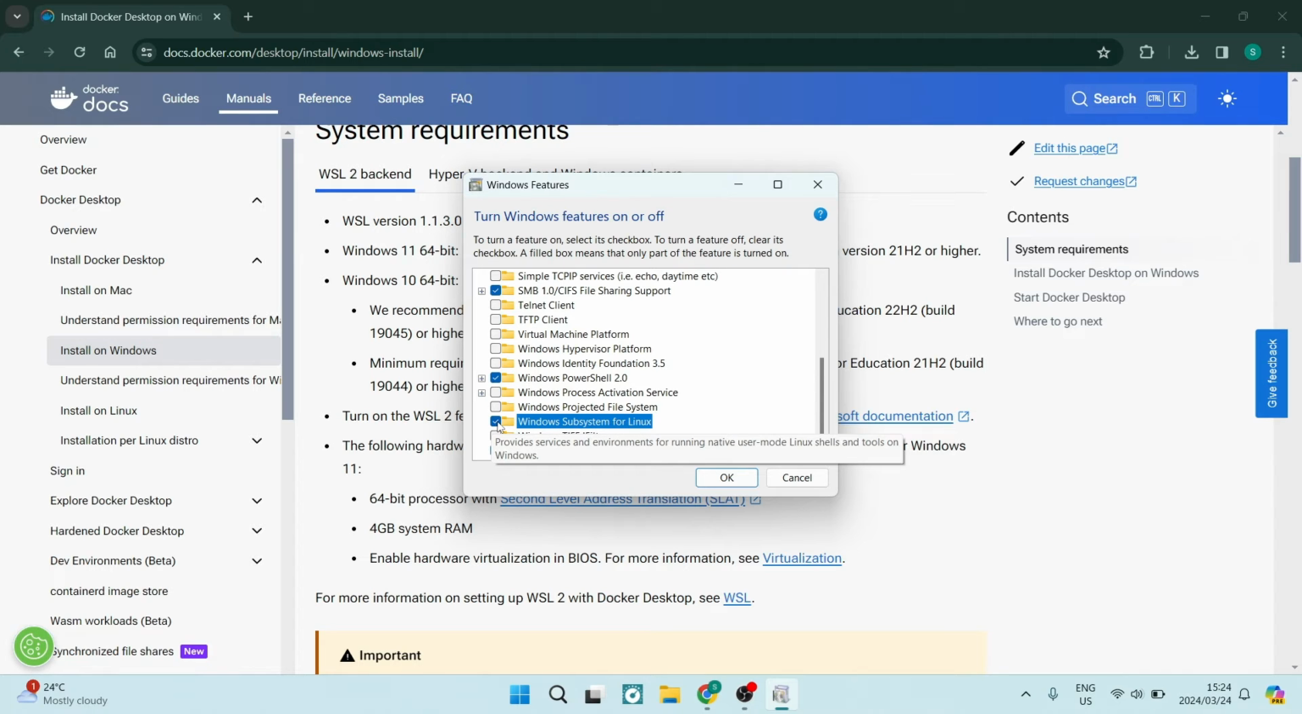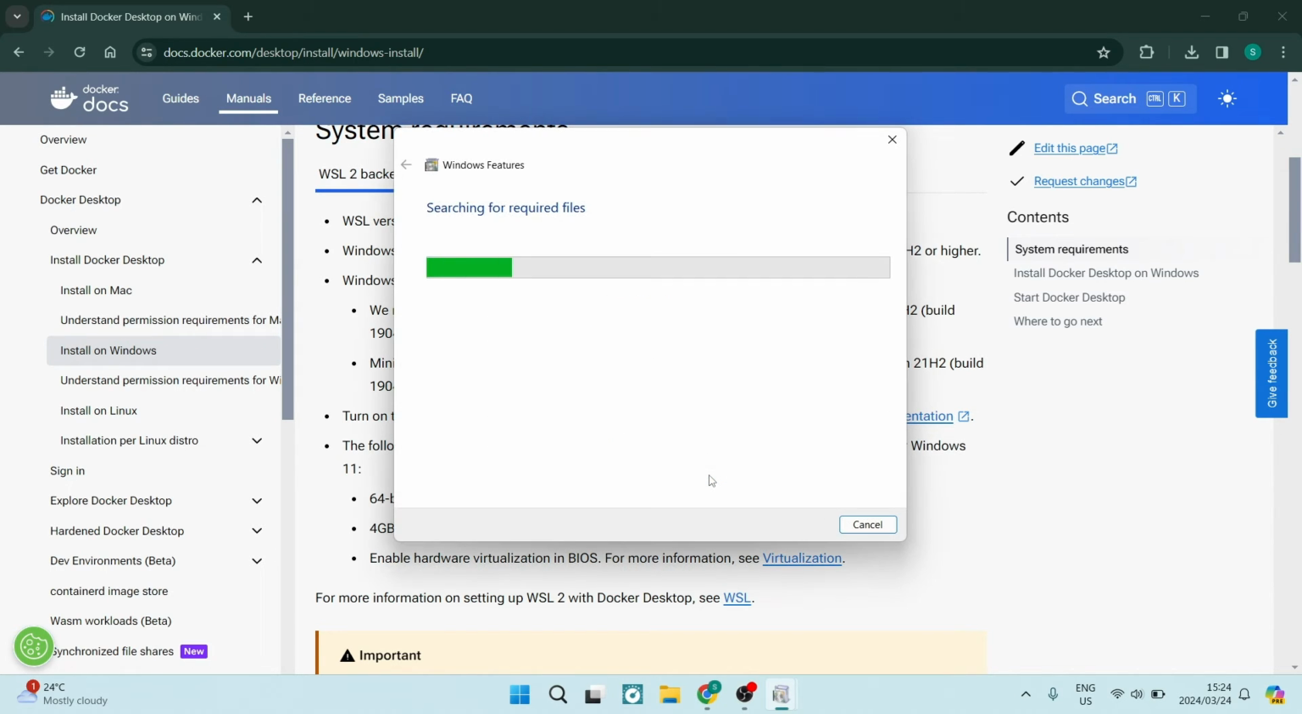And that's what we want turned on. Now, if it's already turned on, you can just leave it as is. But if it's not turned on, if it hasn't got the blue tick on the left-hand side, we can just make sure that it's checked, and we can tap on OK. Now, this